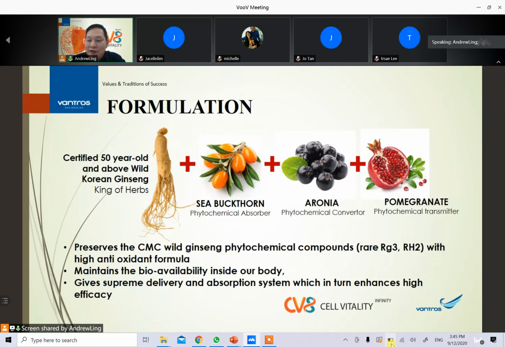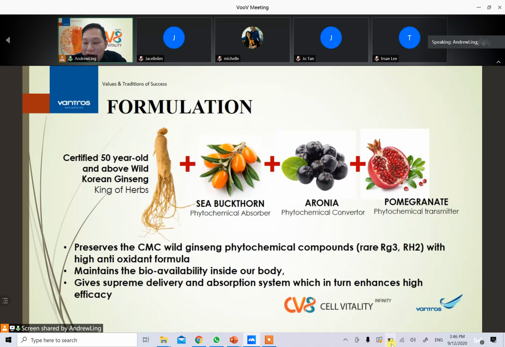Now, if you lack vitamin K in your body and you start to take this calcium, it may go into your bloodstream, and what will happen is that it will harden your